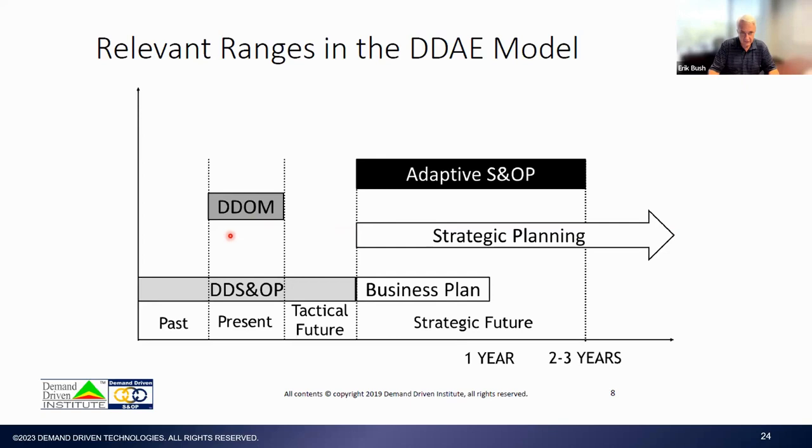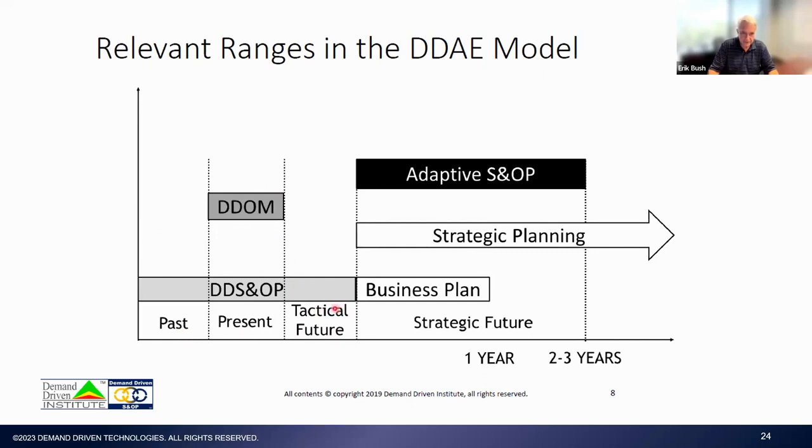When we think about the demand-driven operating model, obviously we can learn from the past. We have to address the current present environment, which is kind of what people are now calling sales and operations execution, and the tactical future. And I think when you think about this, it's typically your longest lead time item, your longest decoupled lead time item. If you factor that in and you're looking within this lens, then that's really kind of the arena that demand-driven S&OP is going to play into.